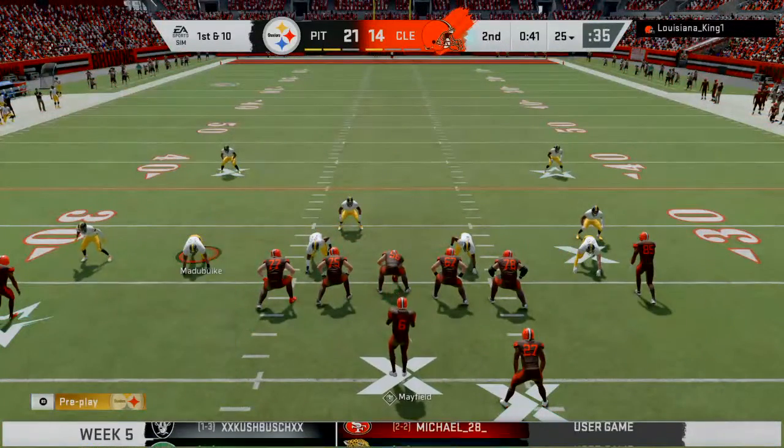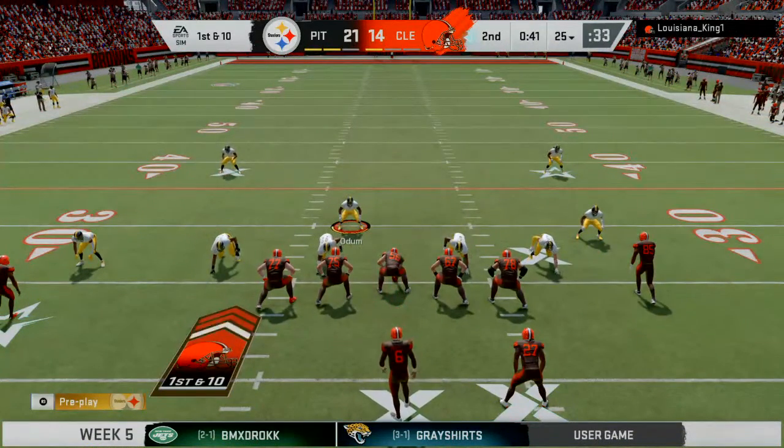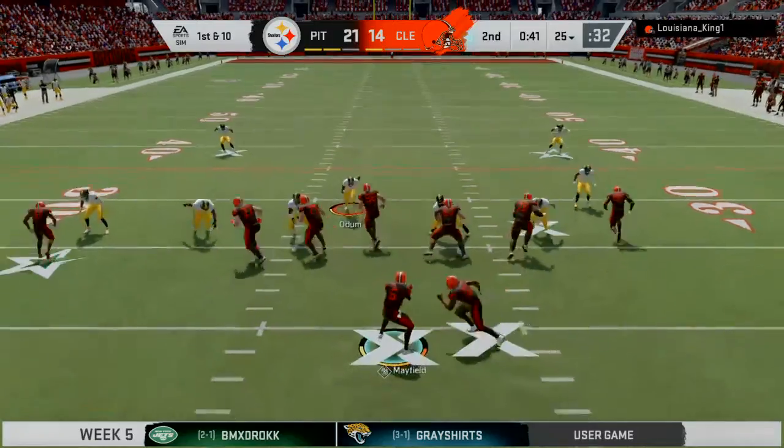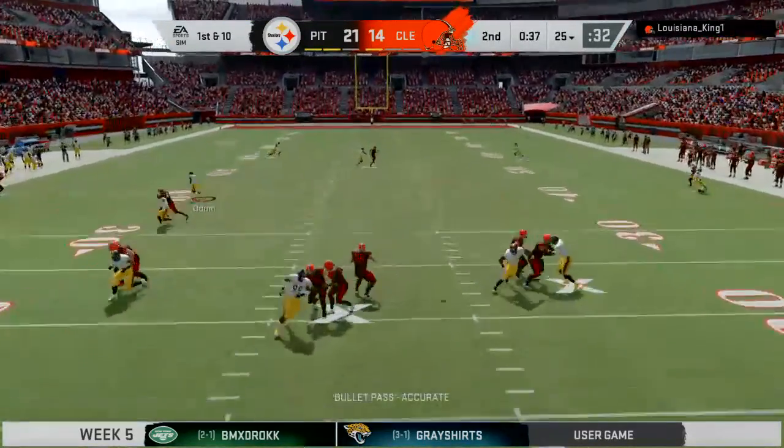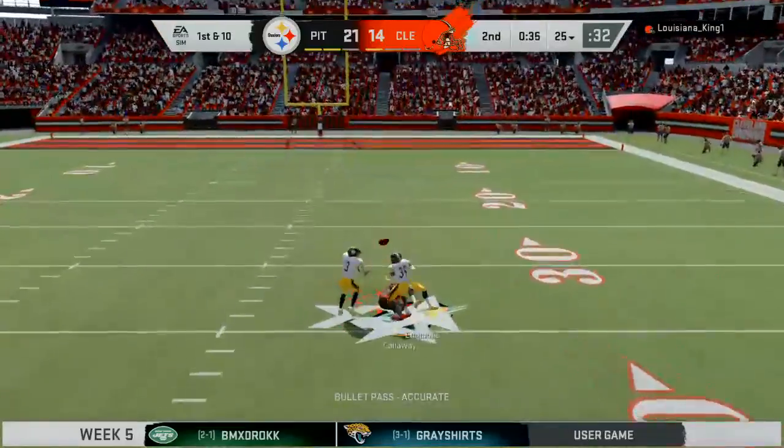The Browns drive about to get started. Inside of a minute left in the half. Does the fact that you're down on the scoreboard influence what you do or, I guess, don't do on this final drive? It certainly does, but what influences me...